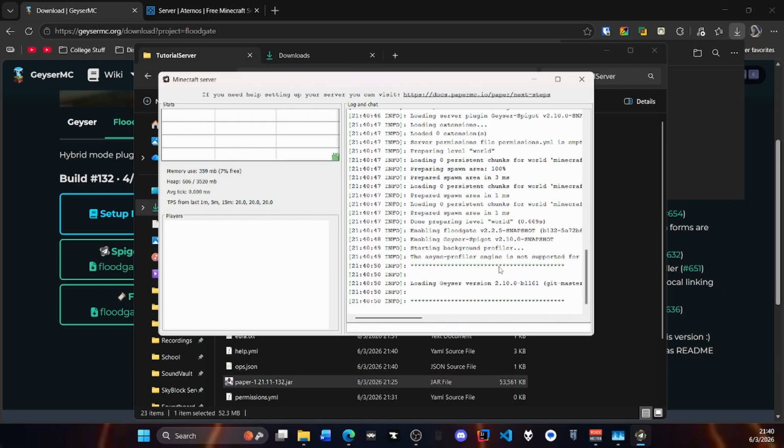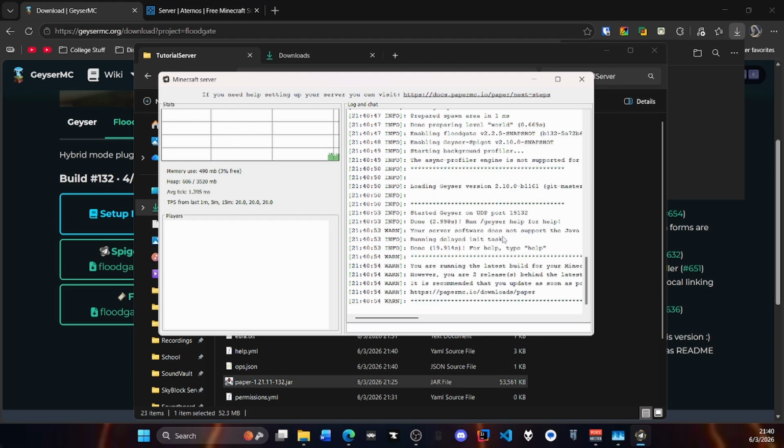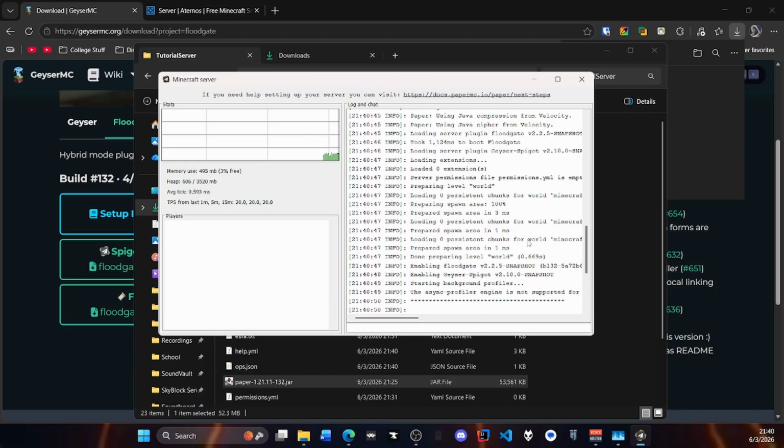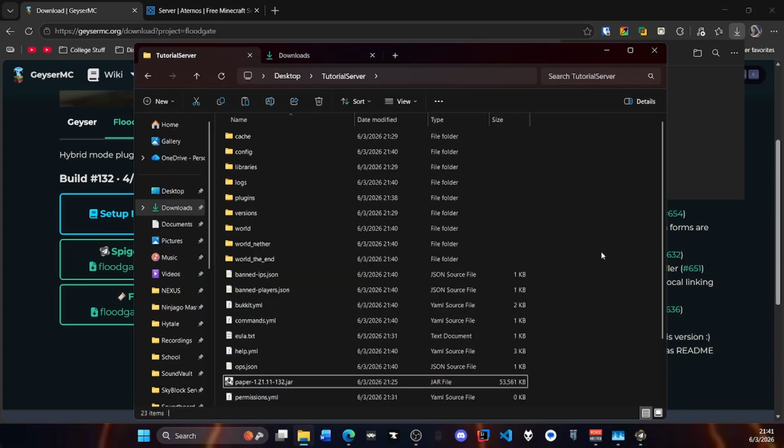You pull this over here. It should say it started on whatever IP it is. Yeah, it starts around 25565. So this is a Java server. So if I pull up my Minecraft,